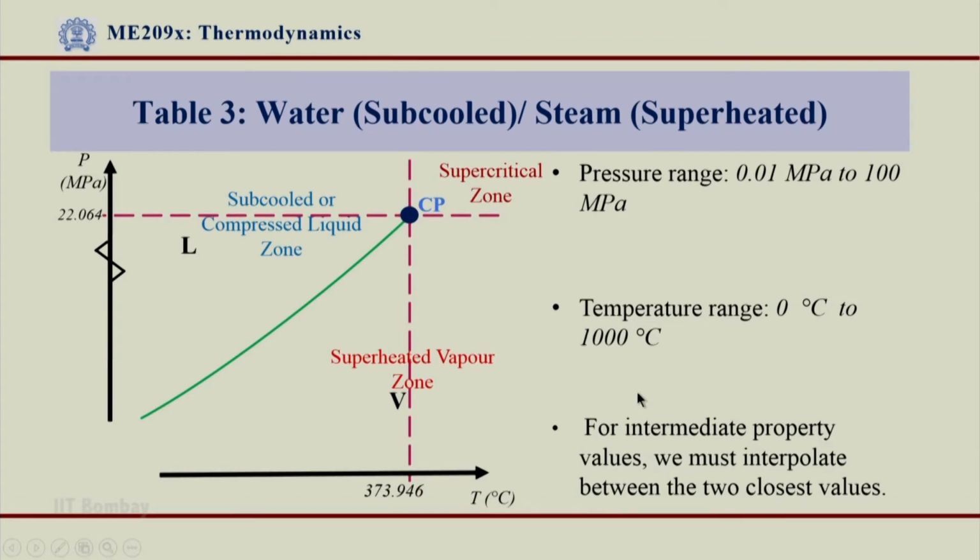So coming back to slides now, if I want to see now these values for a given pressure, for example, some pressure is given over here, and if I go on increasing the temperature for a given pressure, you can see from this PT diagram, and if this pressure happens to be less than critical pressure or less than 22 MPa, and the initial condition happens to be in a subcooled region, alright. So you can locate that I will be in a subcooled region somewhere, and if I go on increasing the temperature now,